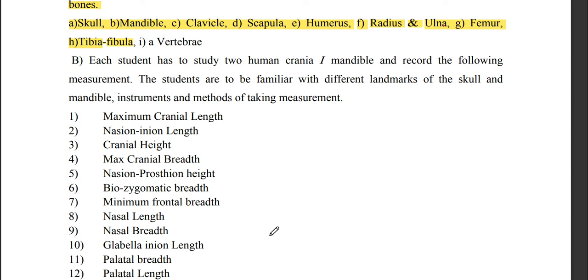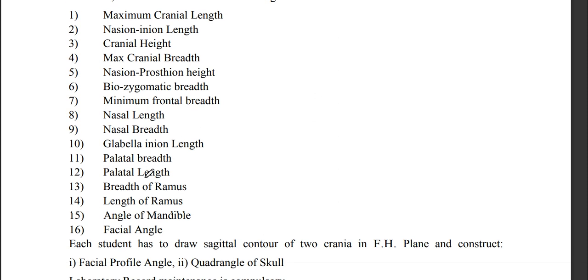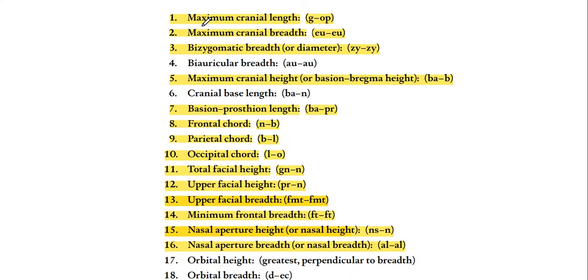So now we'll be starting up. Firstly, I'll be taking up all the measurements, although a few of them will be a repetition of the classes that we have taken. A few of the measurements we have already done, but I'll take up all of them in this presentation. Now, firstly is the maximum cranial length. The maximum cranial length is identified as a linear measurement between glabella and opistocranium. So these two are the landmarks.